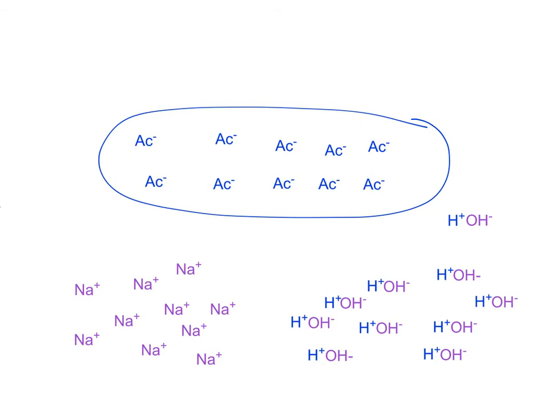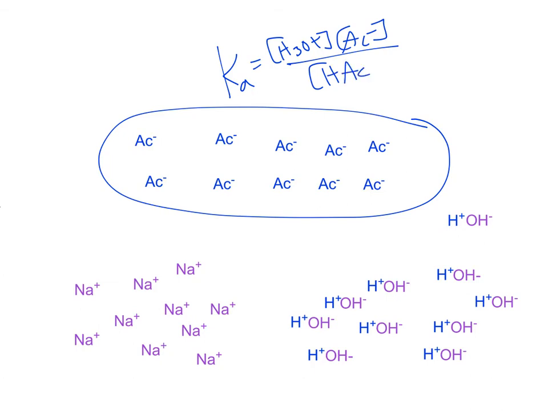So now, when we're at the end point, the only thing left in my beaker is AC minus. AC minus is it. So when I'm writing the Ka expression, that's H3O plus times AC minus over HAC, this won't work because then I'm going to have to put a 0 in for HAC. You cannot divide by 0. This is not the Ka expression for HAC because there is no HAC. Instead,